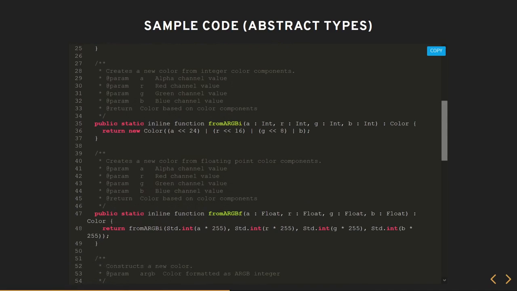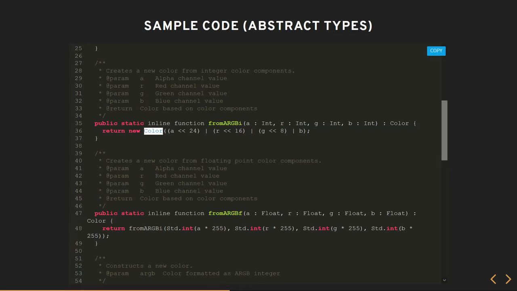Okay, so let's look at this function, fromARGBI. You're passing it all of your 4 channels as integers. And what it does is it's going to construct your color. So that's going to be the constructor. We'll go back to the constructor later.